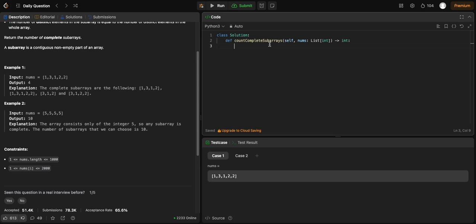So we want to find the number of distinct elements first. A nice way of doing it is just turning it into a set, and then getting the length of that to get the number of distinct elements. And then we have left and right. Again, our right bound, we can make this exclusive. So that means here we'll have no elements, and then when this gets to 1, we'll have the 0th element. So while r is less than the length